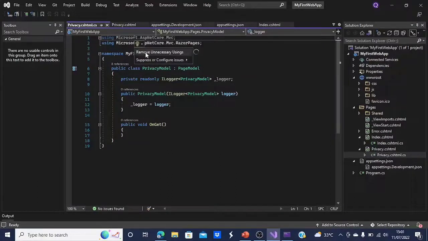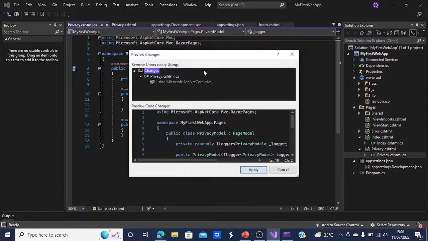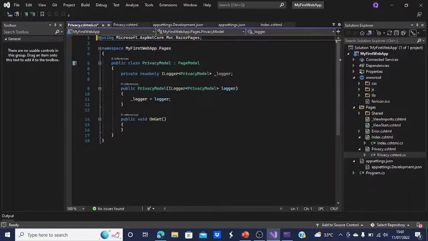Click here, remove unnecessary usings, and then click preview changes, and apply this preview code, and click apply. And the unnecessary usings have been deleted.